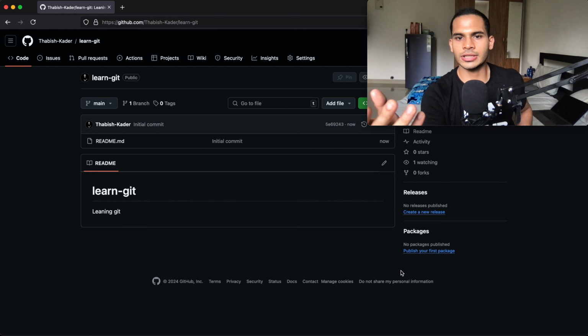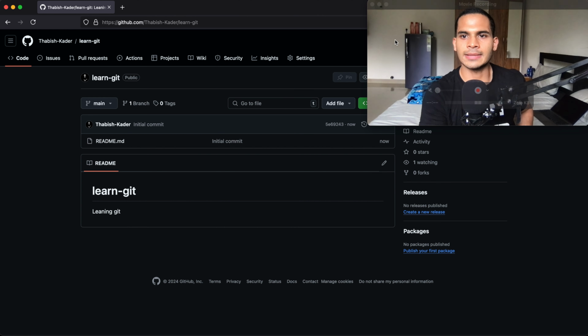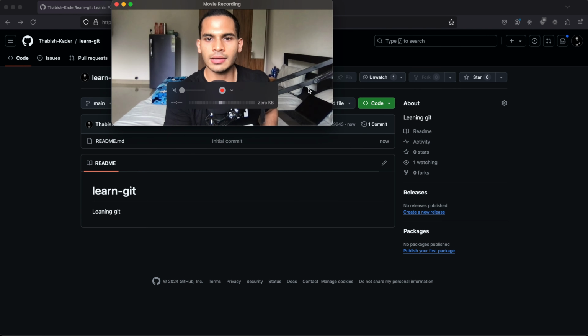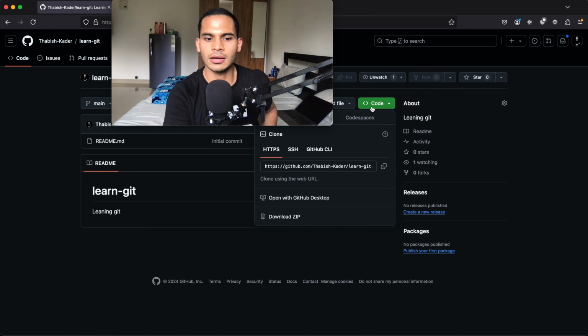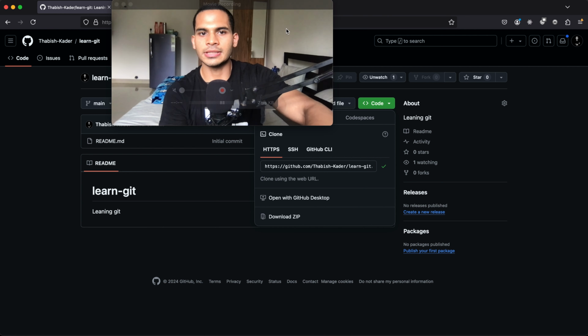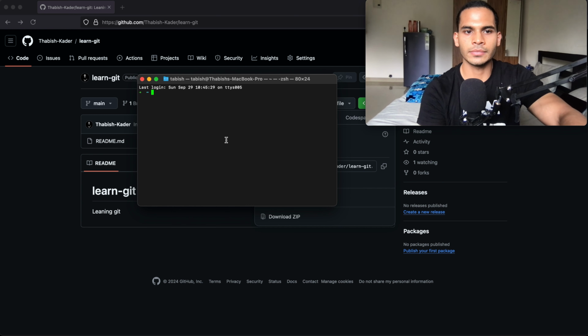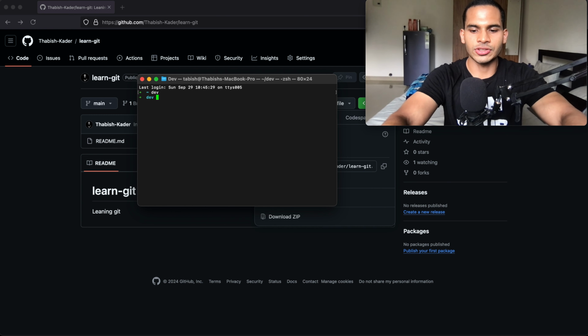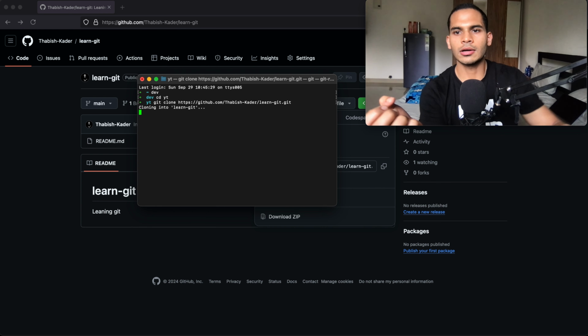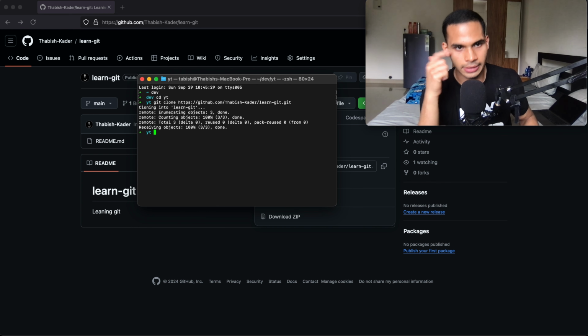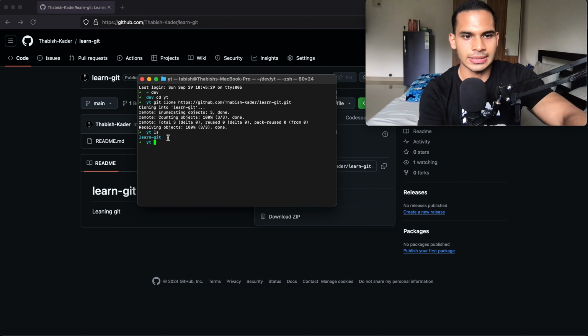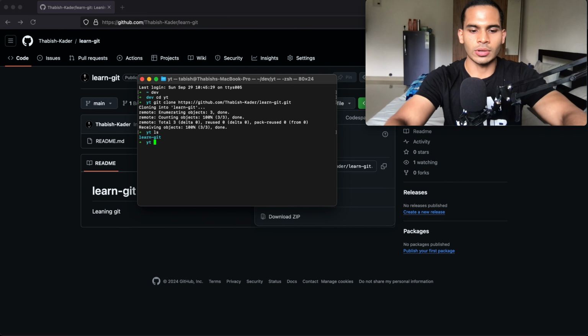Once the repository is created, this is the page that you'll be led to. In here, I'll press this code button and copy this URL. Now once I've copied the URL, I'll go to my terminal and go to the folder which I want to go to. So cd dev, cd yt, and in here I'll say git clone and give that URL. This will clone that repository to my local machine. If I hit ls, you can see that we have this folder. So again, I'll cd into that,